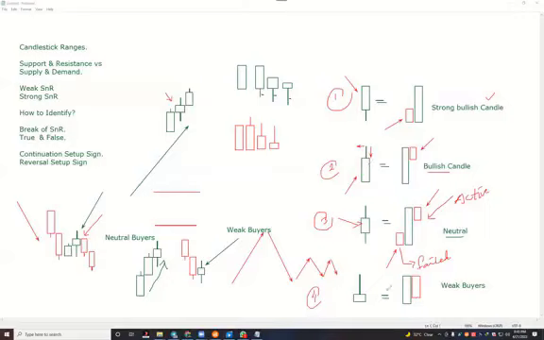Okay. Now, if someone has information about the patterns, which is this pattern? The name of this pattern? Dark cloud cover. Very good. The dark cloud cover and the inverted hammer are the same thing. The dark cloud cover and inverted hammer,